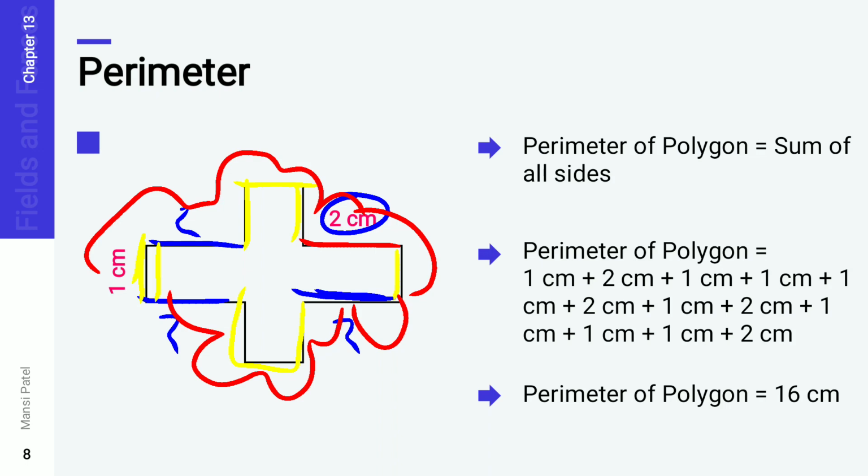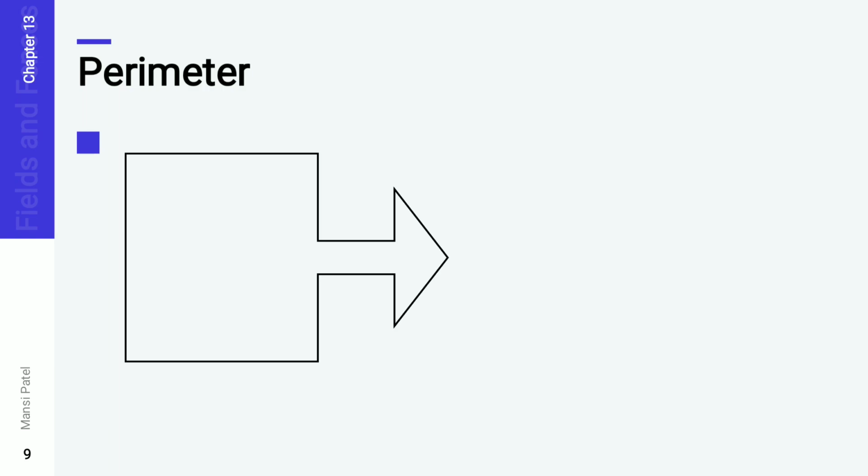Now let us see another one. In this also you have to find out the perimeter of this shape. See here, this is also one type of polygon because we don't know the name of this shape. If there are three sides, then you have to write down the perimeter of triangle. But if they have given many sides to you, then you just have to write down the perimeter of polygon. Now in this shape, you can see how many measurements they have given. Yes, in this almost all the measurements are given.